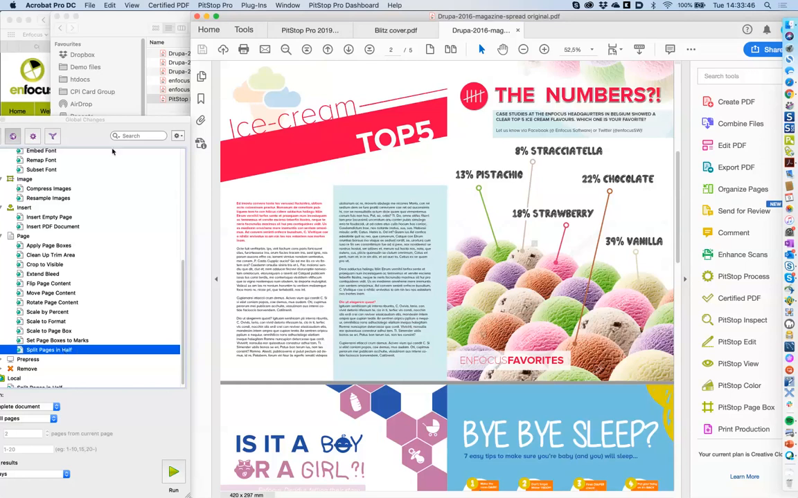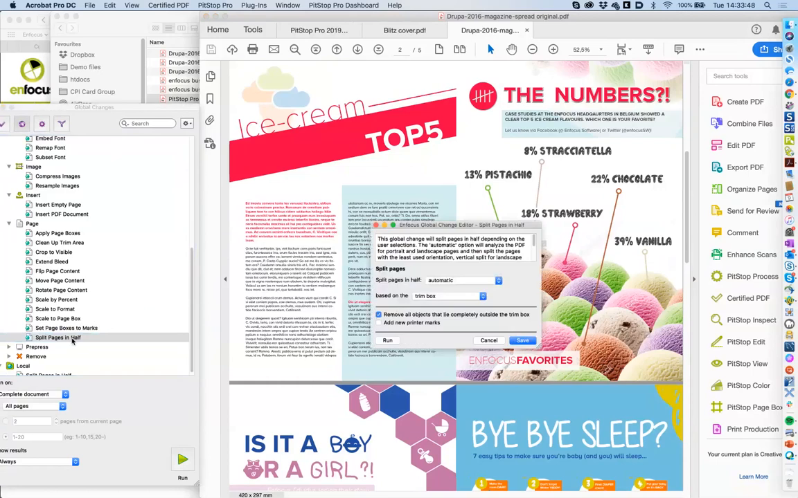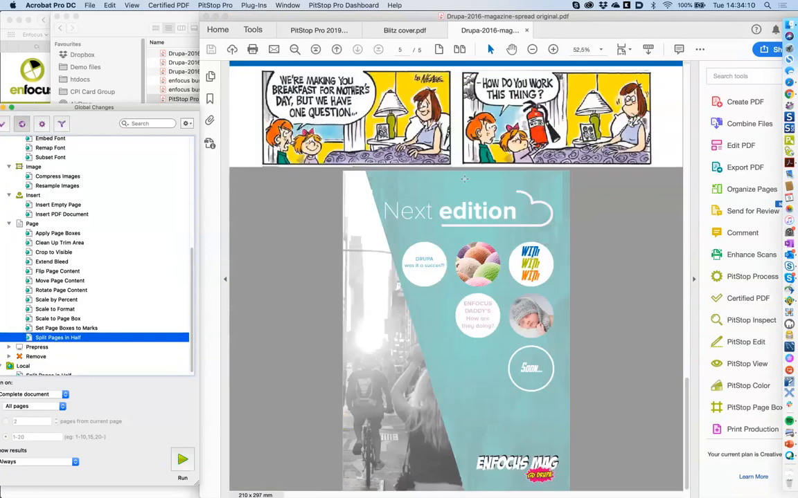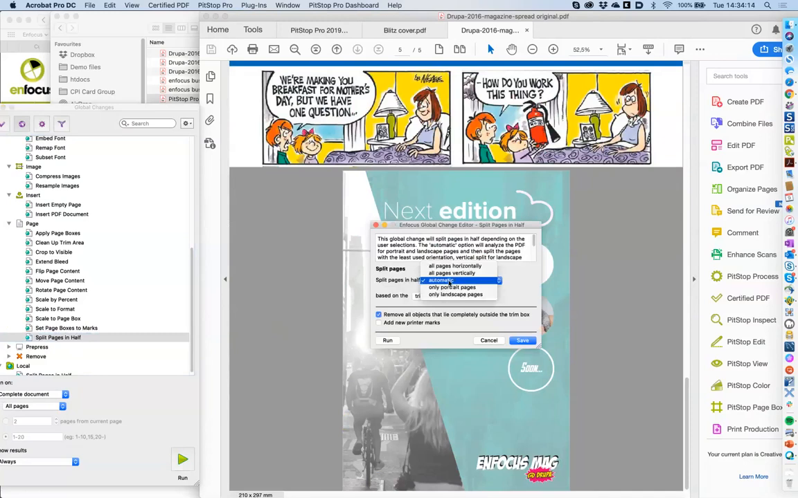So split page in half here, and we can change actually to split all the pages horizontally or all the pages vertically. And we can also select, there's a nice option, because of course we don't want to split the first page and we don't want to split the last page in half. So we can define here, for instance, that we want to split only the landscape pages, okay, based on the